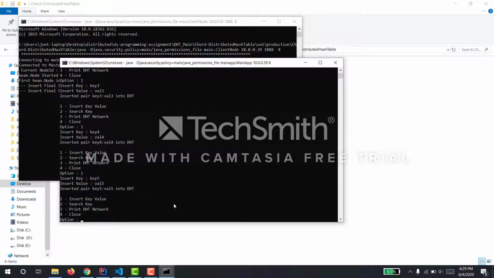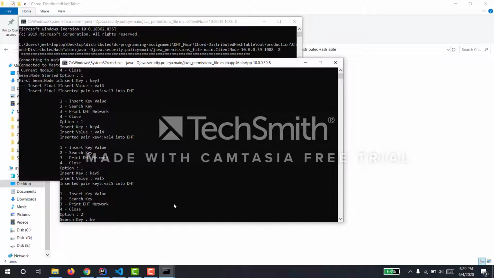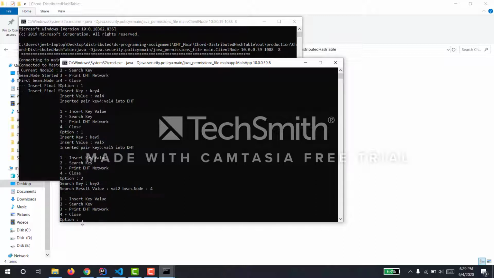The implementation of DHT says that, let's say I have 4 client nodes, and if I want to search for any key, it should not take more than log of 4, which is 2 steps. So let's say I want to search for key 2. It says key 2 has val 2 and it is in node ID 4. What we want to trace is whether this particular request has taken no more than 2 steps.